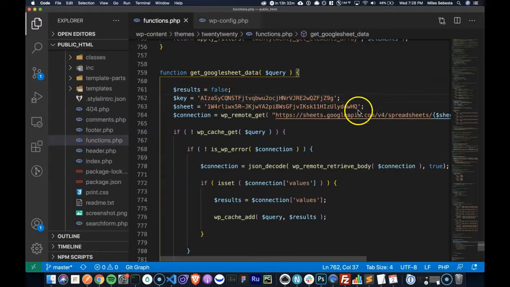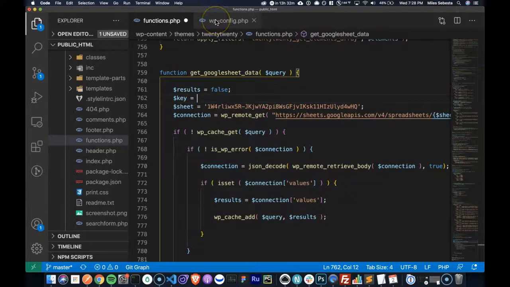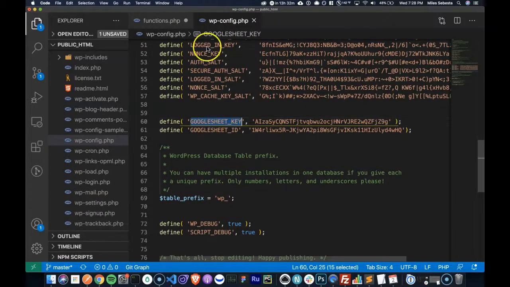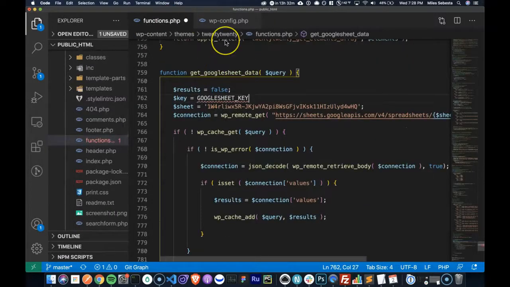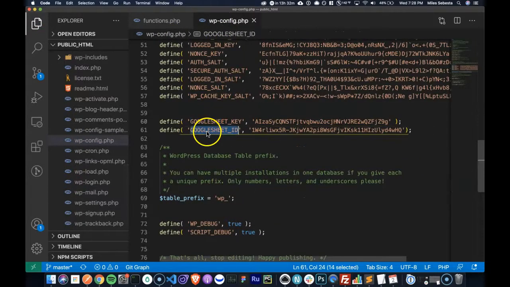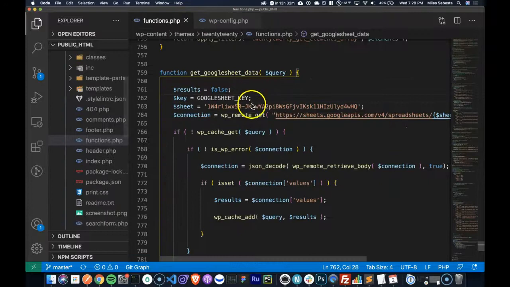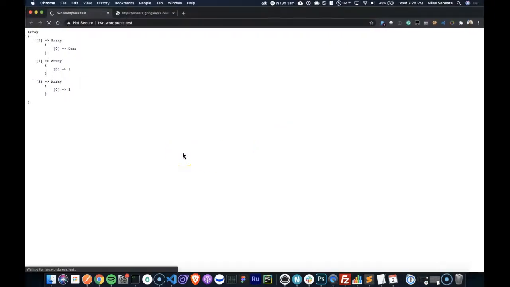Then I'm going to take this key and I am going to have it equal Google Sheet ID, and have it equal. Okay, so now nothing should change, it should still work.